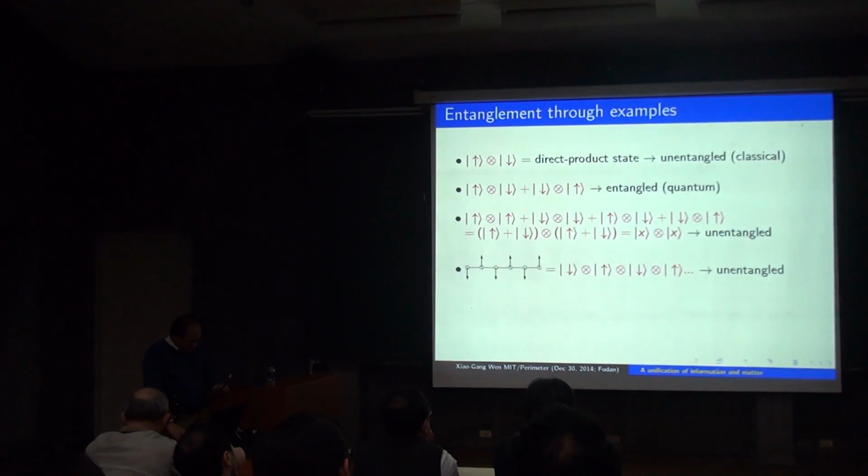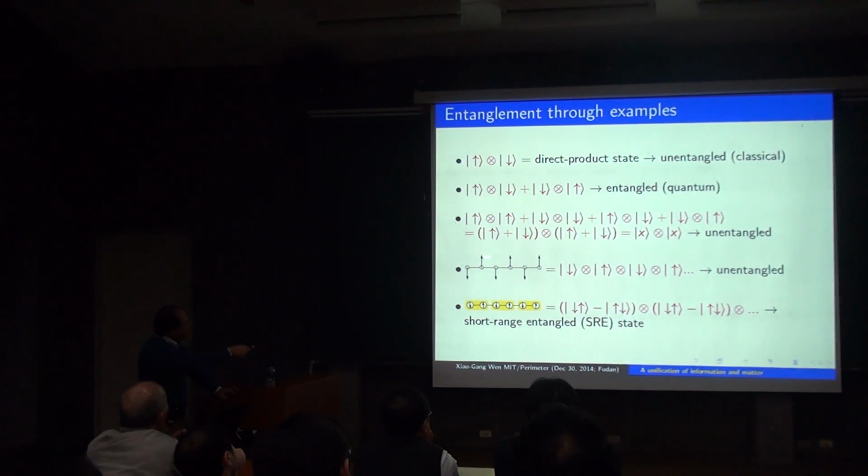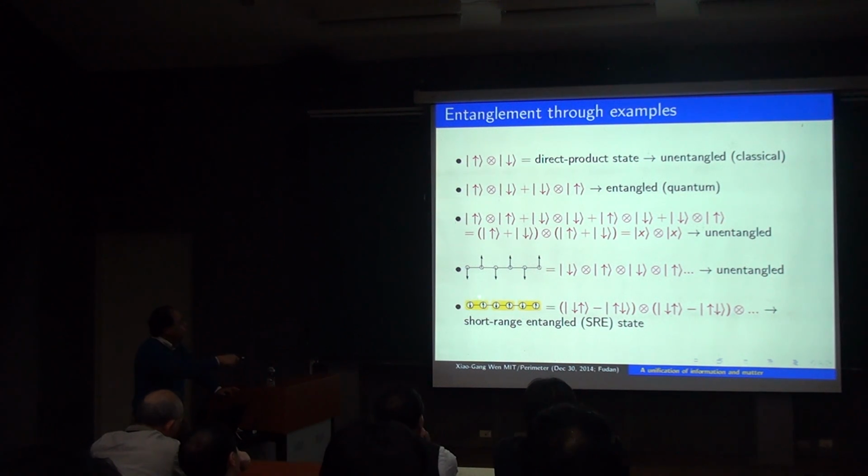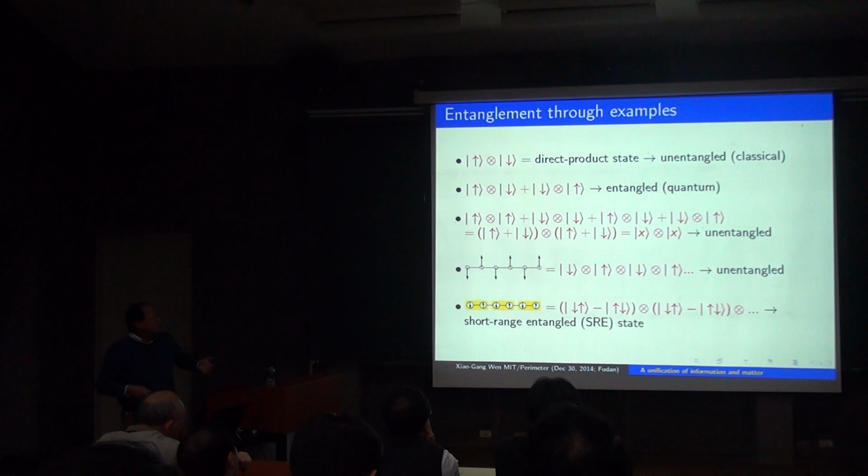But so far, I have only explained what is unentangled or short-range entangled. The reason this one is short-range entangled is that although there is entanglement between this spin and this spin, if we group these 2 sites and think of them as one effective site, then among effective sites there is no entanglement, because it's just a Dirac product of spin singlets. Okay, so you get some notion that there are unentangled states and there are short-range entangled states. And to explain the wonder of our universe,